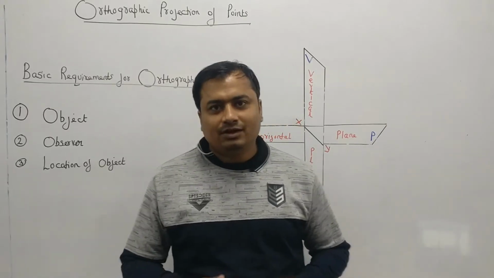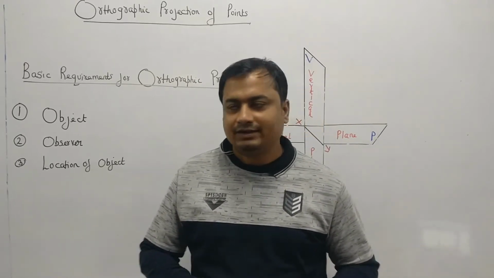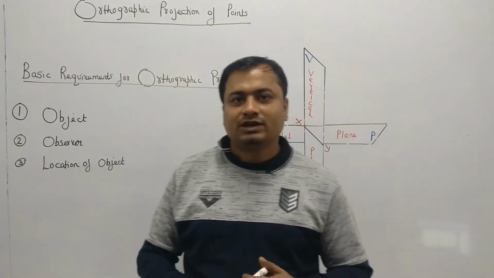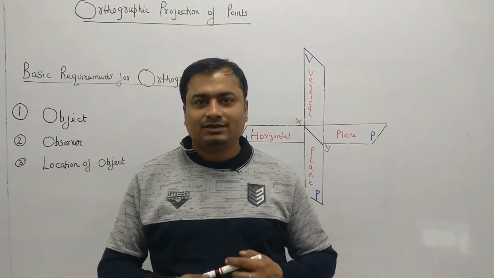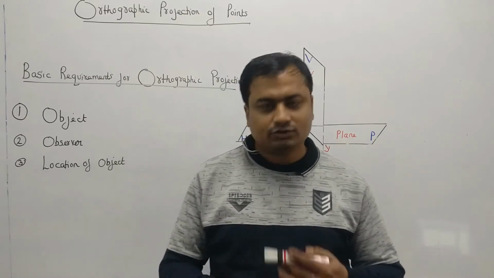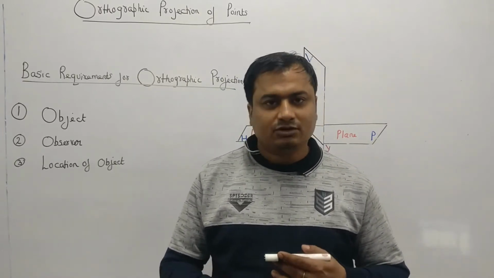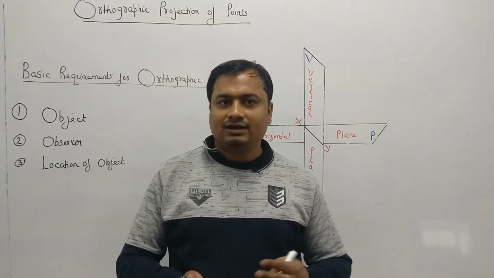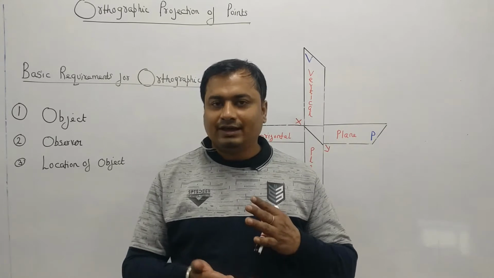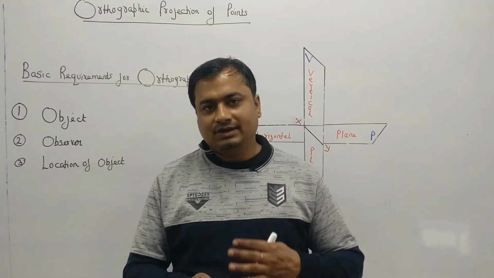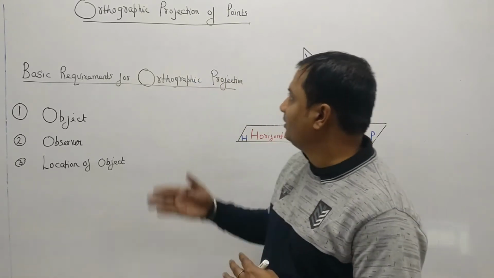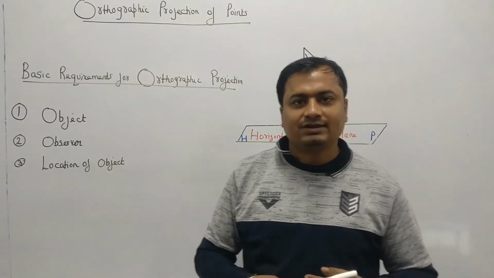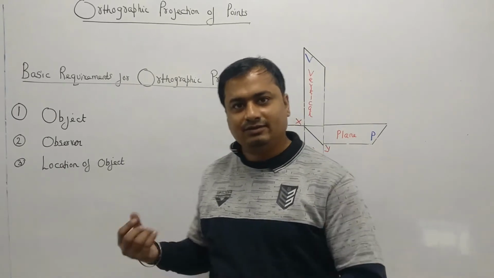So hello everyone. Now coming to the first part of orthographic, that is orthographic projection of points. So this will be my today's topic, that is orthographic projection of points. In the last video, on the basics for projections, I have explained what is orthographic, what are the types of views, what are the different types of planes, and what is the first angle, third angle. So all the basics of the projections I have explained in the last video. So please go through that last video before listening to this lecture on orthographic projection of points. Although I will be covering a few basics again in this topic.